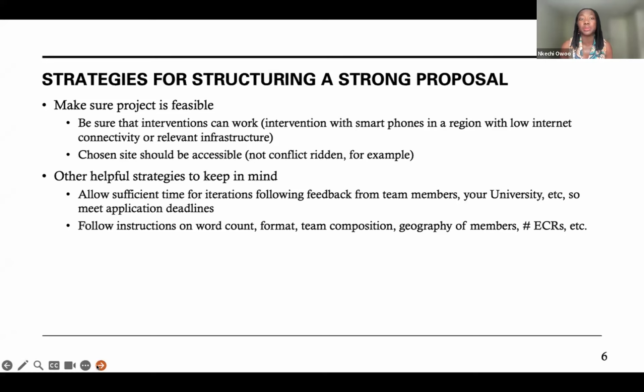It's already come up. There should be sufficient time allowed for iterations from the team when you are putting together your proposal. So ideally, this is likely to be a team effort. So you want to make sure everybody comes together, makes their suggestions, and then you want to be able to take these into account in strengthening the proposal, but that would need to allow enough time so that the proposal process isn't rushed. You also want to make time to allow for feedback from your university. So in many cases, you need to have certain documents, certain approval from your university before you proceed. Allow enough time for that